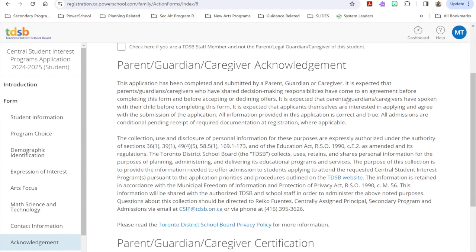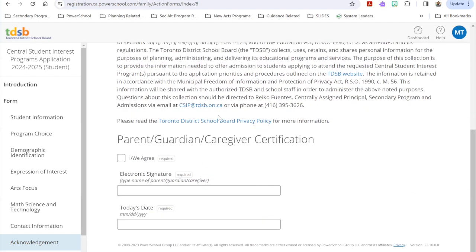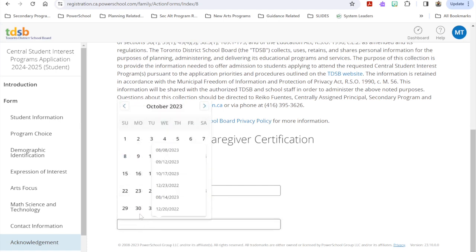It's also expected that parents, guardians, and caregivers have spoken with their child before completing the form, that the applicants themselves are interested in applying and agree with the submission of the application, as already certified that the applicant themselves has completed their expression of interest. And so confirming that these things are true and accurate.